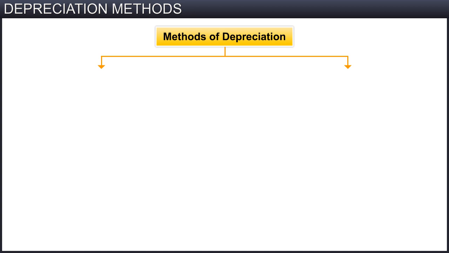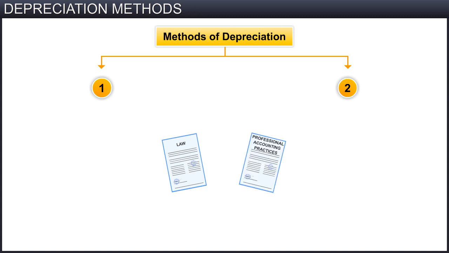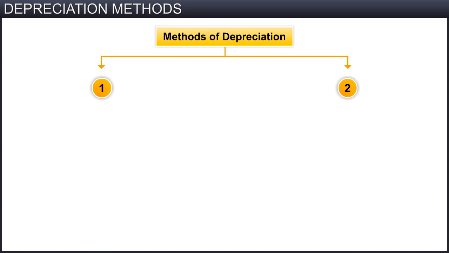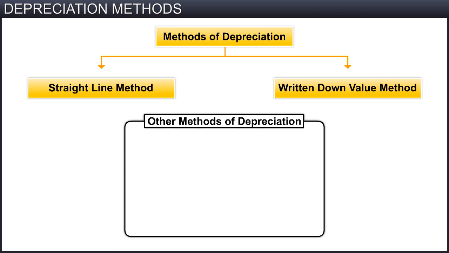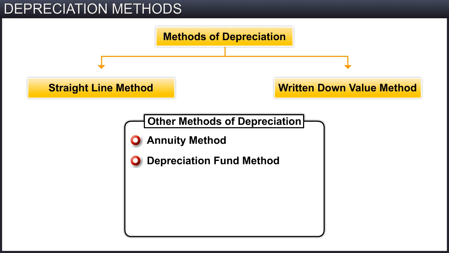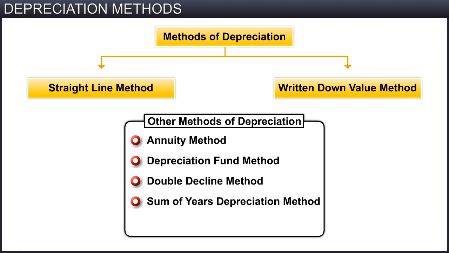In this module, we will be learning about the two methods of depreciation, as mandated by law and enforced by professional accounting practices in India. These two methods are known as the Straightline Method and Written Down Value Method. Besides these two commonly followed methods, there are various other ways of calculating and providing depreciation. These include, but are not limited to, Annuity Method, Depreciation Fund Method, Double Decline Method, Sum of Years Depreciation Method,